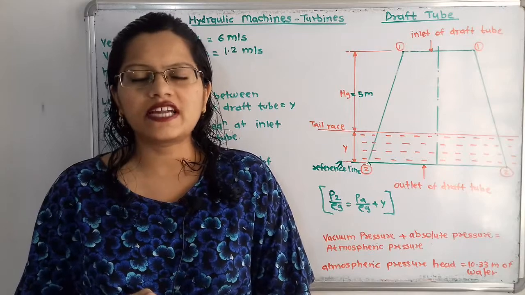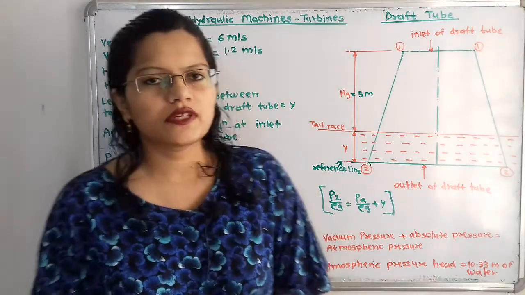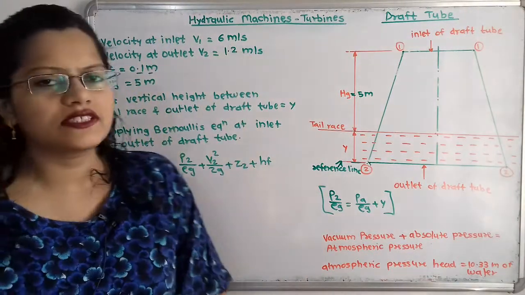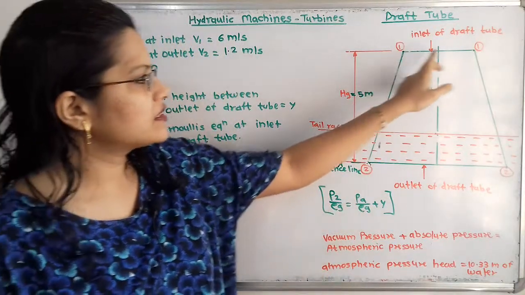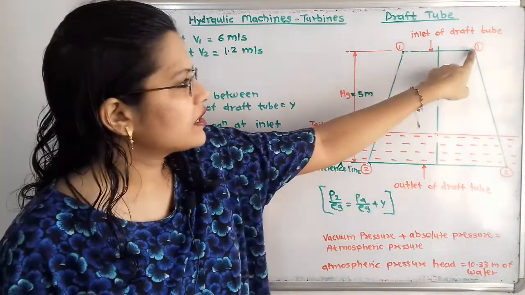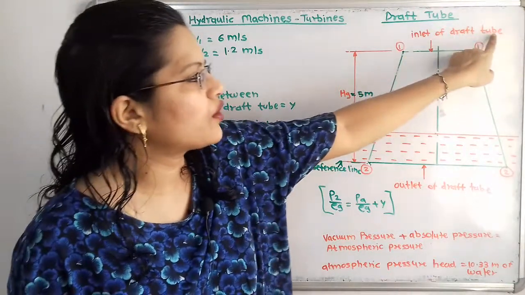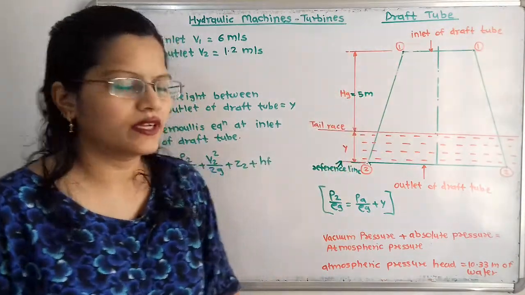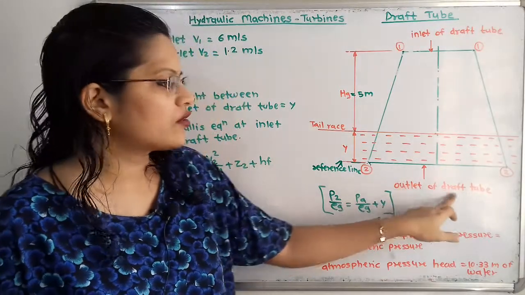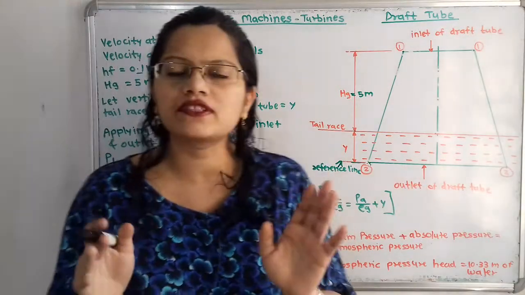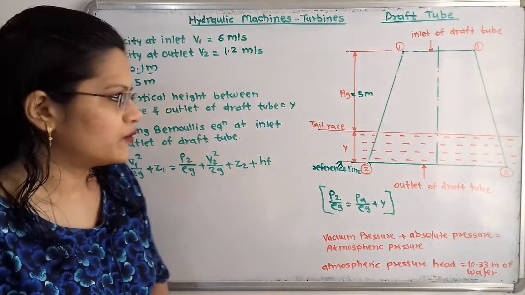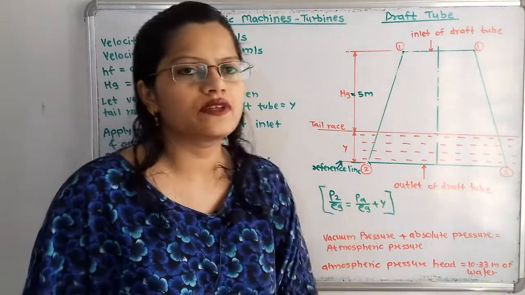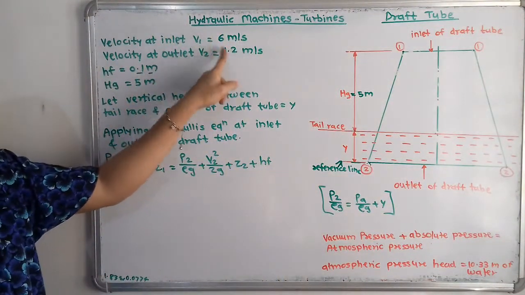Let us first understand the given data. Now if we observe here, the velocity at inlet is given. So at the inlet of the draft tube we will consider the section 1-1. Here is the structure of the draft tube, where the upper horizontal line indicates the inlet of the draft tube. So we will consider the suffix 1 at the inlet, here section 1-1, and this bottom line indicates the outlet of the draft tube. So we will consider suffix 2 for the outlet. Now at the inlet velocity V1 is given, and at the outlet velocity V2 is given. So we have to write here V1 and V2.